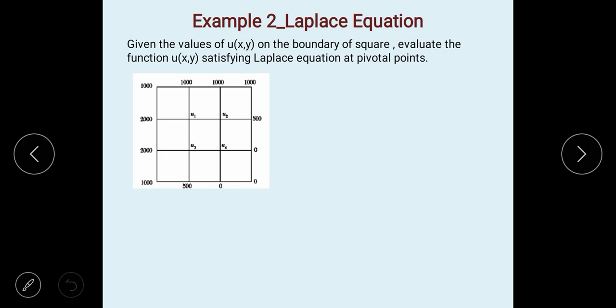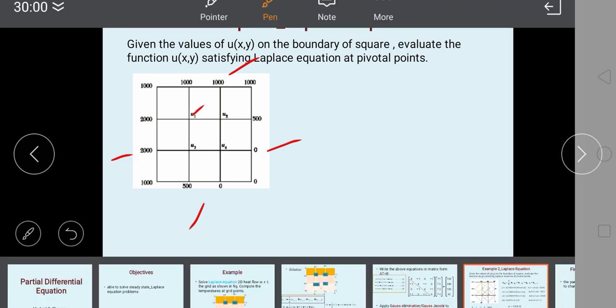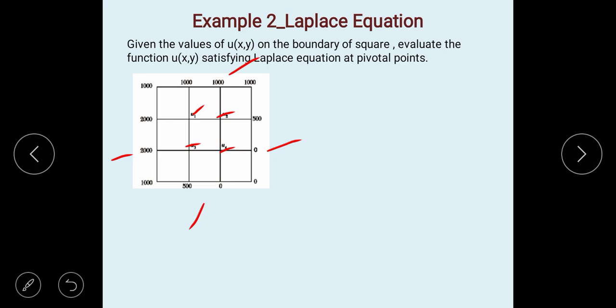Find again the same numerical, only the temperatures are different at the boundary conditions. Find the same U1, U2, U3, U4. One thing, you can change the numbering. Either you can say U1, U2, U3, U4 here, or you can say this is my U1, U2, U3, U4. But finally, if you change the numbers, the temperature you get at these locations is all the same. Only the numbers are changing. It means you can use your technique to give the numbers at these grid points.